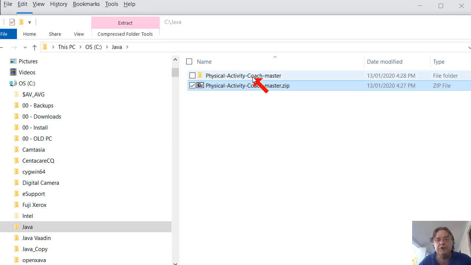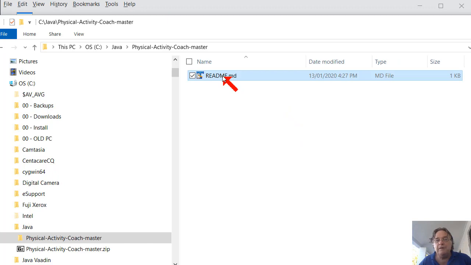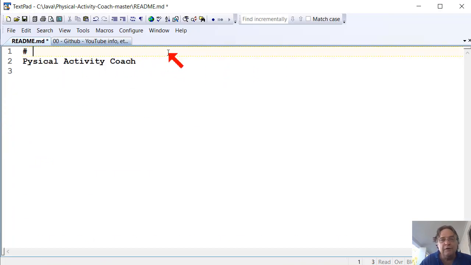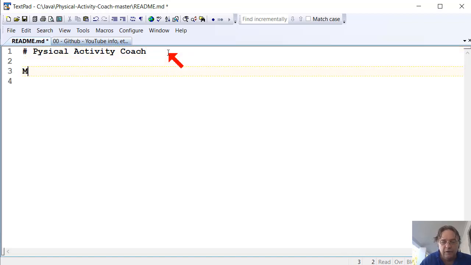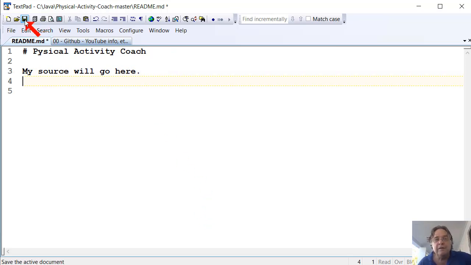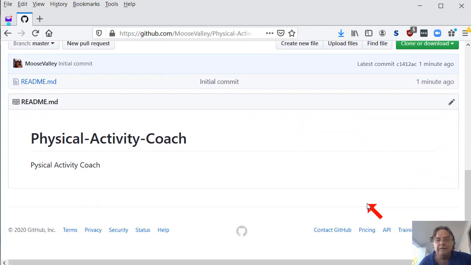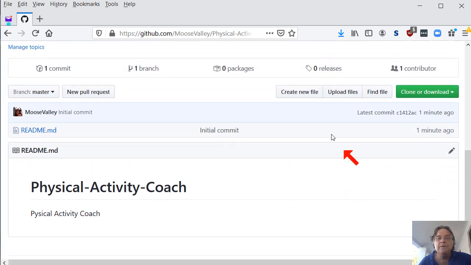Okay, and refresh, and there's the README file. So I can click on that, and there it is. So if I change this file now, my source code will go here as we work on a project, and I'll save that. So that's now saved on my local hard drive. Now, if I'm doing all this through the web browser, I need to come here and go upload files. Click that upload files button,